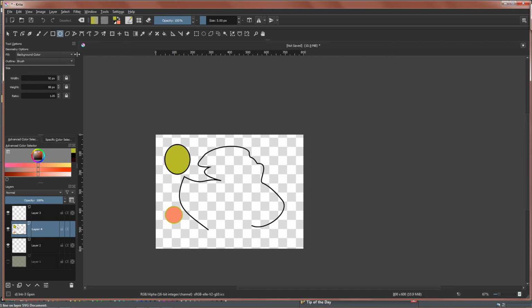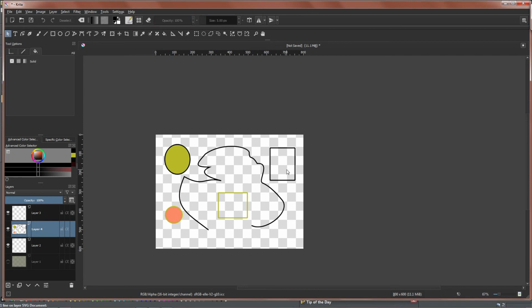The background color is the fill. That's when you're using particular shapes. If I want a square that is a black line, there it is. To go into that rectangle, it's not a square,